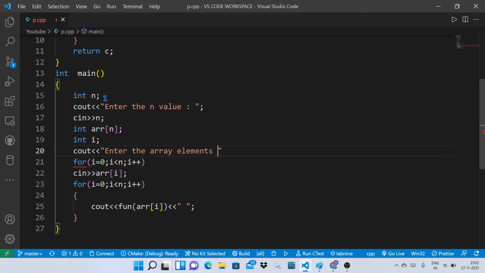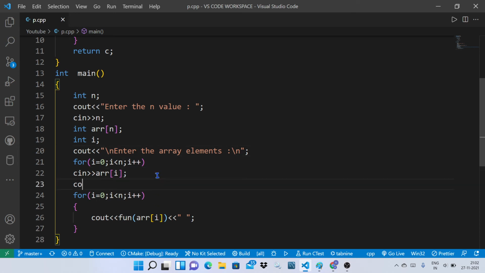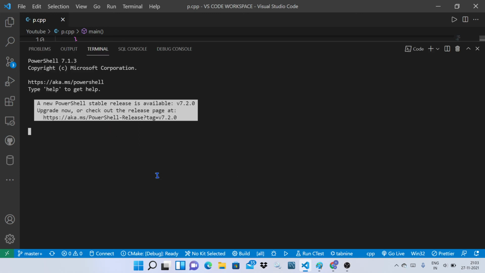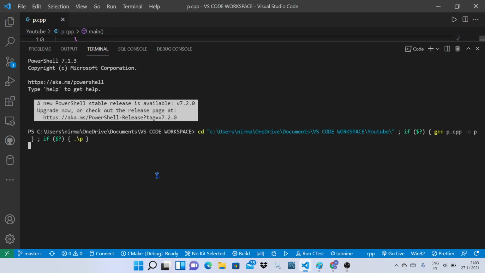Here also I'm giving a new line character. Here we are printing the message as the output is, and here also I'm including one more new line character. So I'm executing the program.